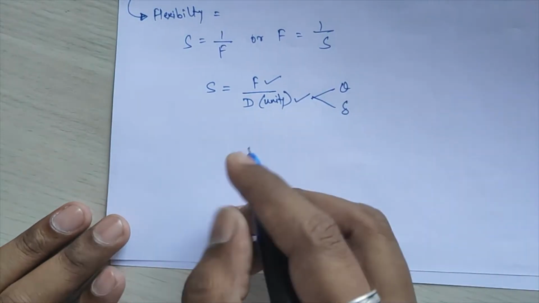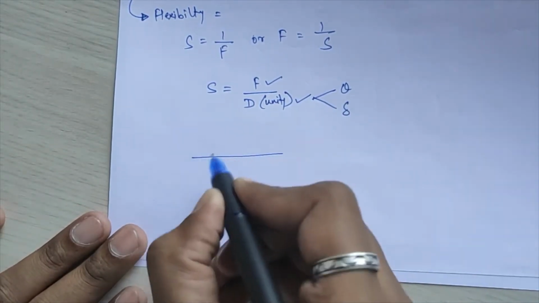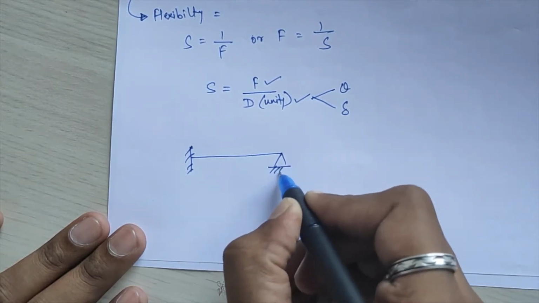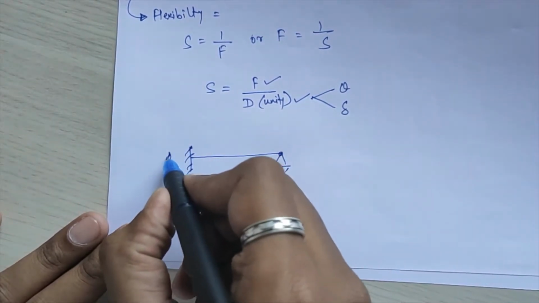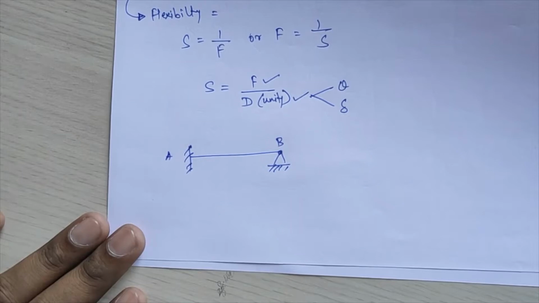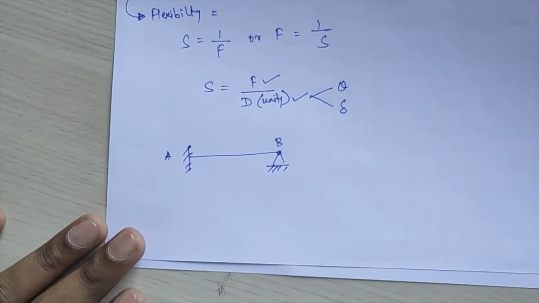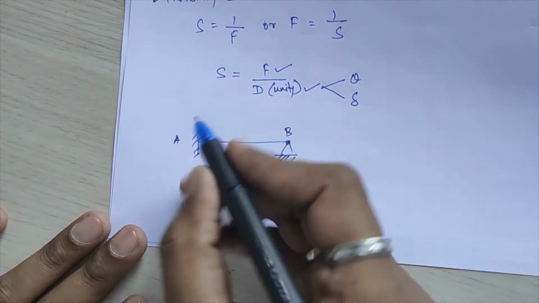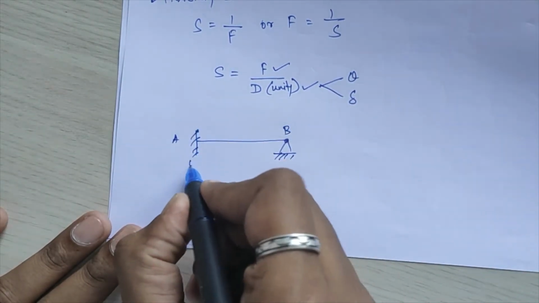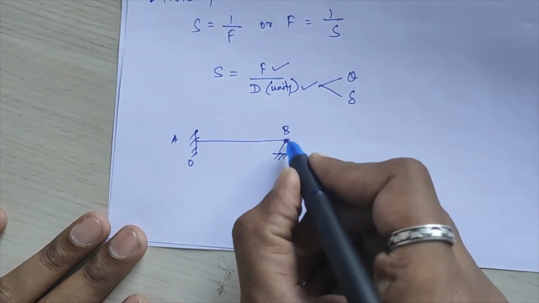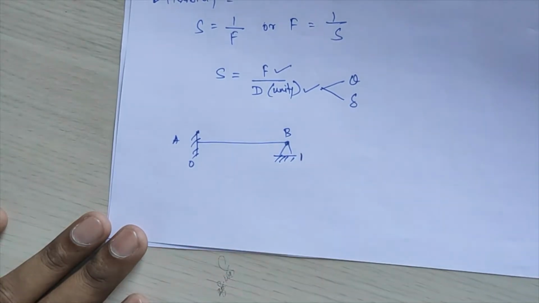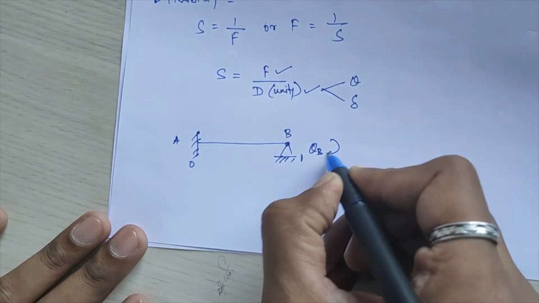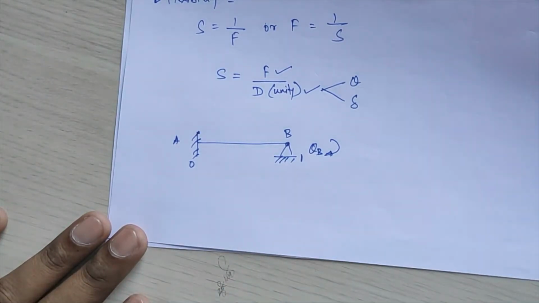I'll explain this with an example. Suppose I am having a structure AB, and it is asked that I have to calculate the displacement produced. If you calculate the DKI value for this, the DKI for the fixed support will be 0, and for this hinge or simple support will be equal to 1, and that will be equal to theta B. Suppose I assume that it is in a clockwise direction.